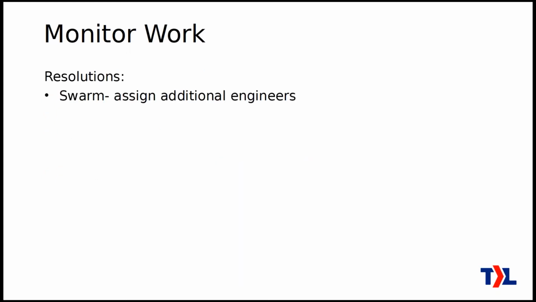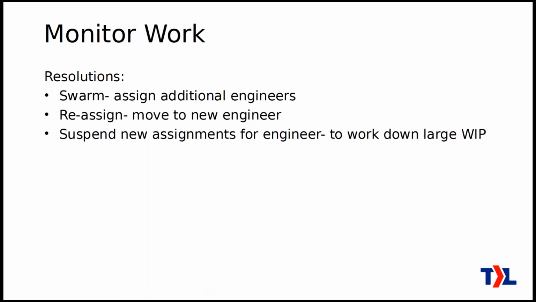Some of the ways to resolve that, like I mentioned here, swarming, it's kind of an agile term. Maybe it's something you can get done if you just assign 3 more people to work on it all together for 15 minutes. That can be a technique. Like I mentioned, reassigning work to a new engineer, especially when it's assigned right now to an engineer who's the bottleneck, who's just too busy. If someone is too busy, maybe don't assign them any new work for a while, so they get a chance to work down that large queue of work that they've ended up with.